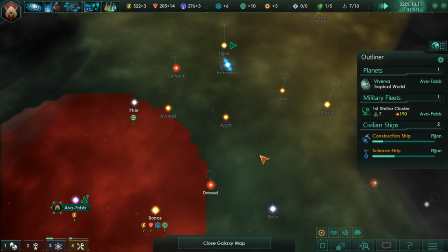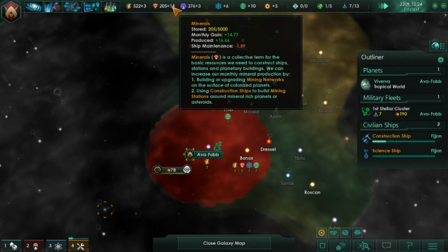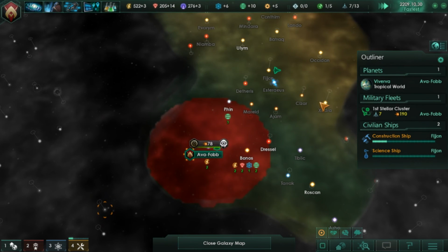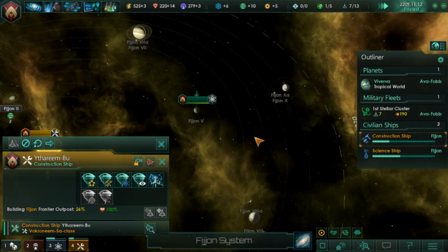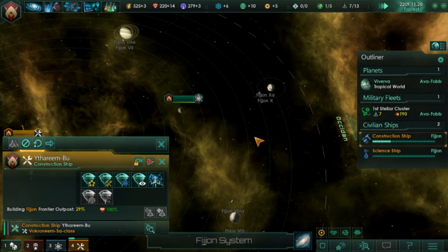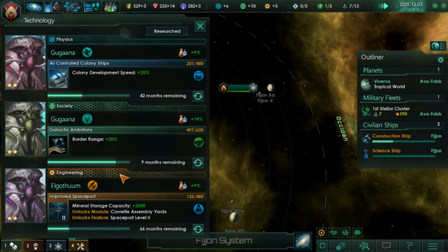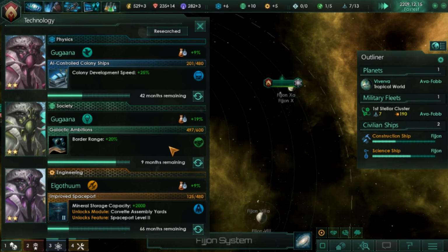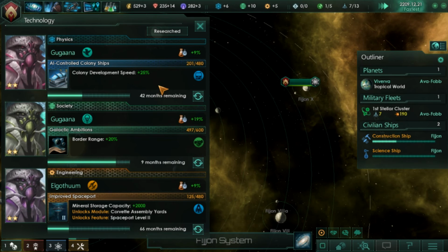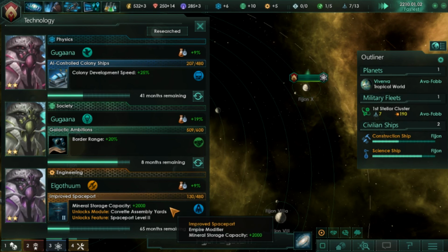So we'll just wait until those are complete. Let our resources build up some more. Let's see here. Check our research. We got 9 months for our border ranges to increase by 20%. 42 months for our colony development speed to go up by 25%, and